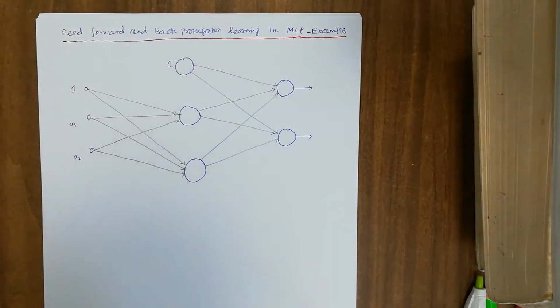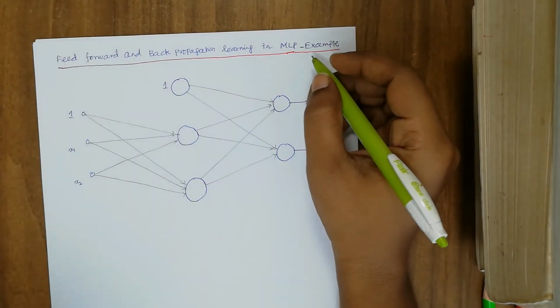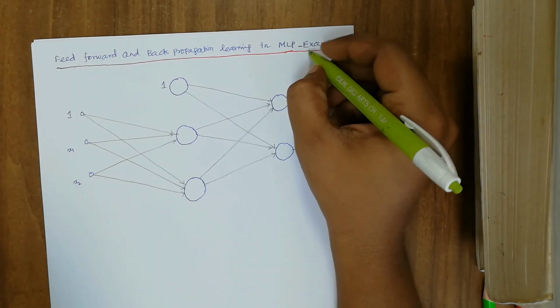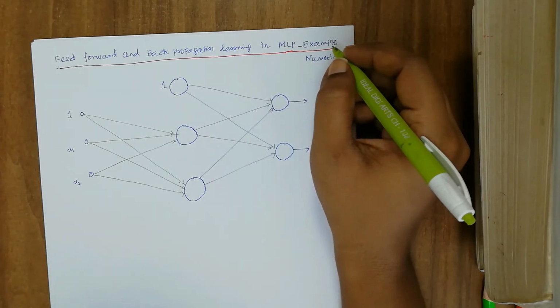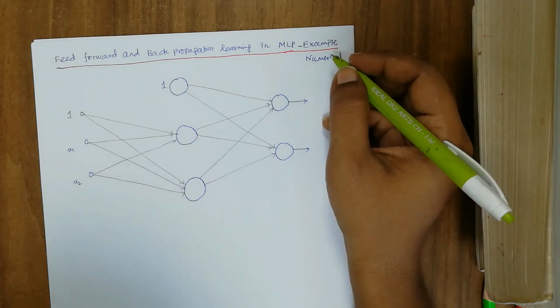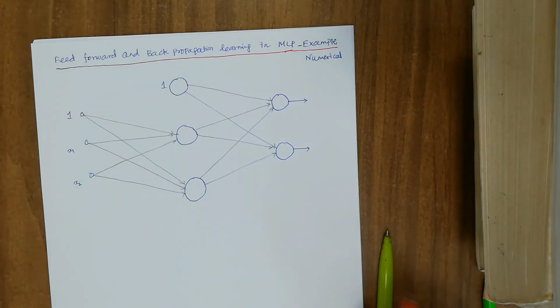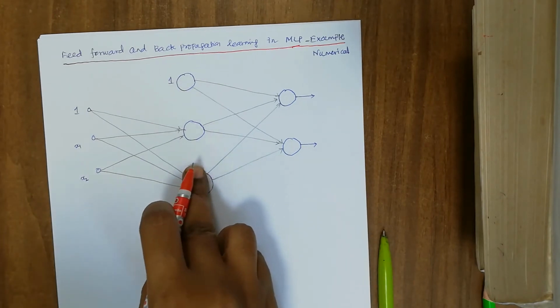Hi, good morning everyone. Now let us discuss today feed forward and back propagation learning in multi-layer perceptron numerical example. We have seen the derivation of the feed forward and back propagation learning in the last class. Now let us take that in the numerical example and then solve to understand better the feed forward and back propagation learning. Now for that, let us consider this architecture consisting of input layer and then hidden layer as well